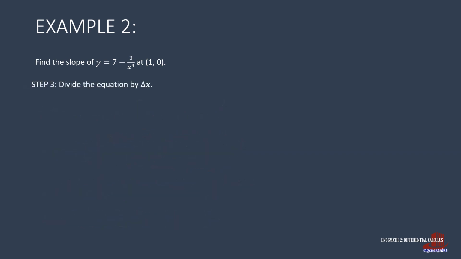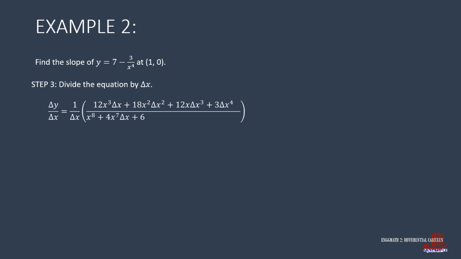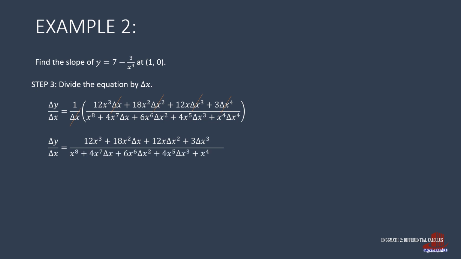Now with step 3, we divide everything by delta x, but since the equation already has a denominator, and to make the presentation simple, we just multiply the equation by 1 all over delta x. This step can actually cancel many deltas from the numerator,